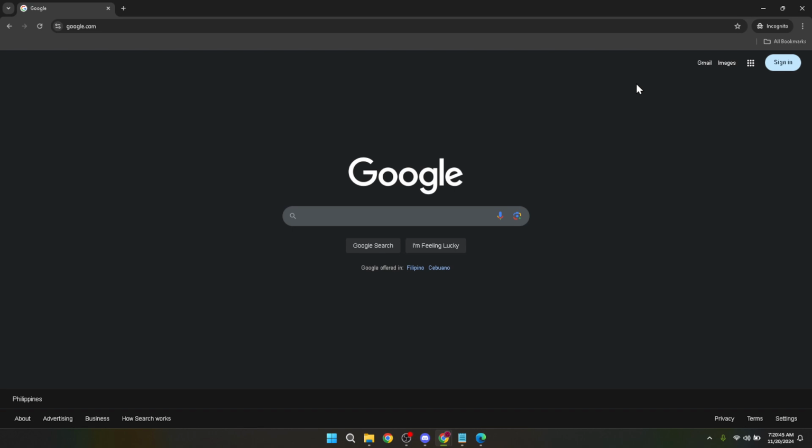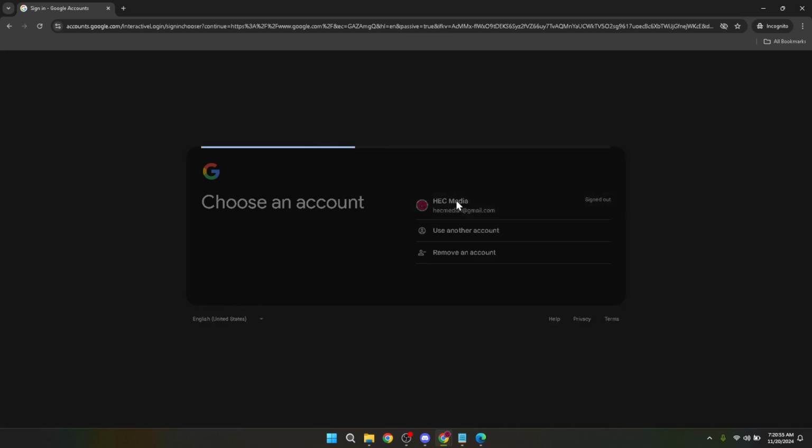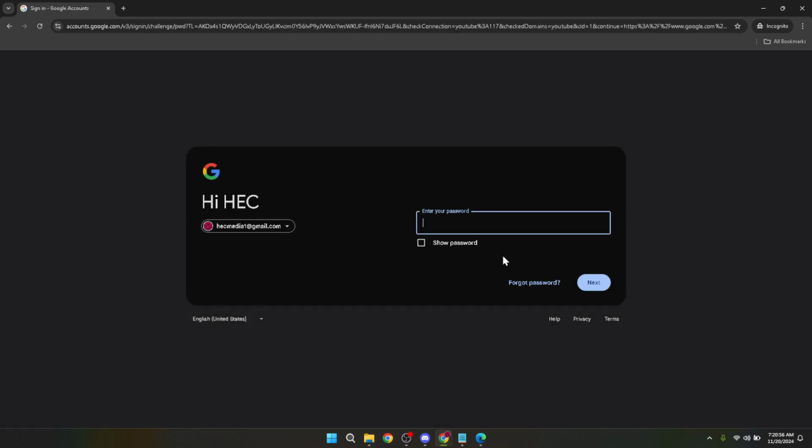With google.com now open, cast your eyes towards the top right corner of the screen where you'll spot the Sign In button. Give that a click. It's your gateway to all things Google, including the classroom we're about to personalize. After clicking Sign In, you'll be prompted to choose your Google account. This is where you need to select the account you use for Google Classroom. If you're a teacher or a student, this might be your school-issued Google account.